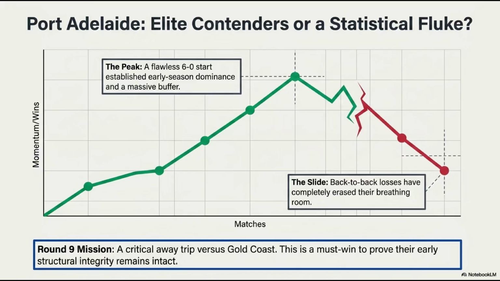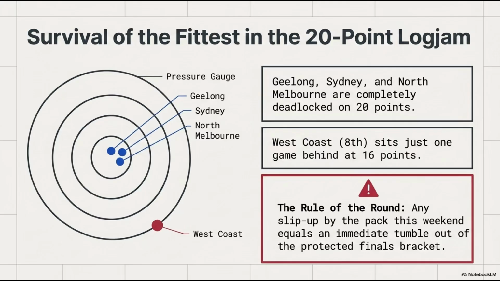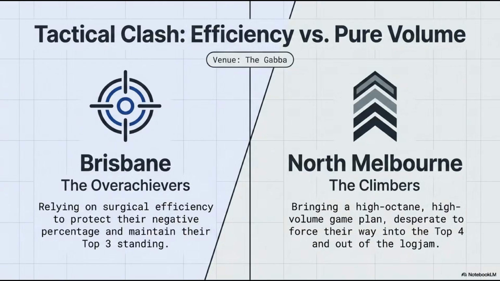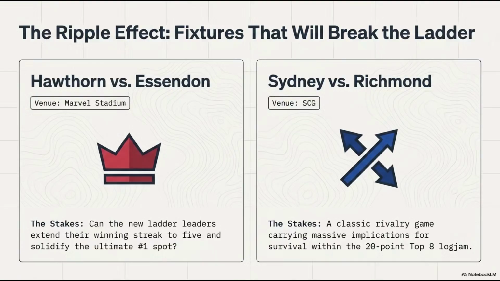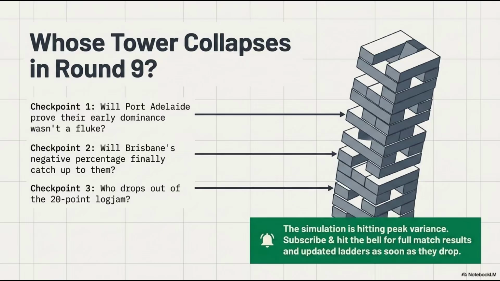It really can't. So the real test isn't those early wins when the variance is high and the stakes are low. The real test is your structural integrity when the margins get razor thin, when the safety nets disappear, and when variance hits its absolute peak. Exactly. Do you have the foundation of a Hawthorn, built on sustainable metrics that can weather a few bad rolls? Or are you a fragile Jenga tower waiting for one bad quarter to bring the whole thing crashing down?